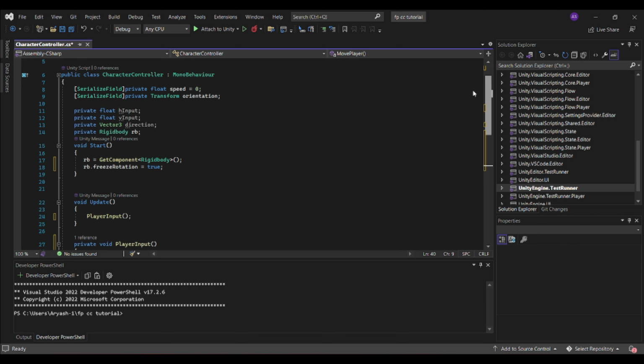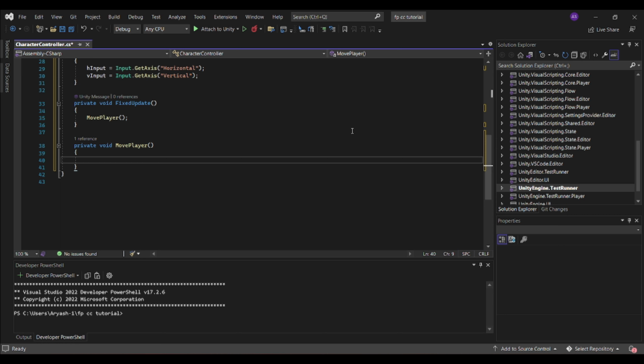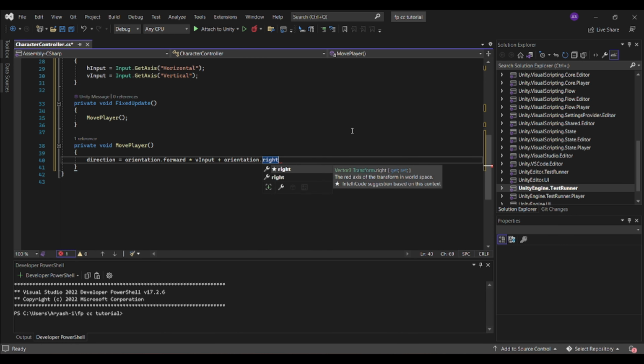Now here we're going to access our vector 3 and our transform variables. So let's type direction and then set it to orientation dot forward times V input plus orientation dot right times H input.